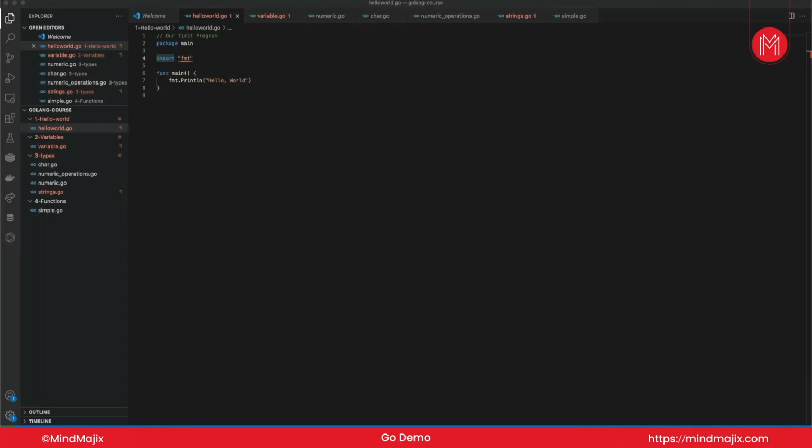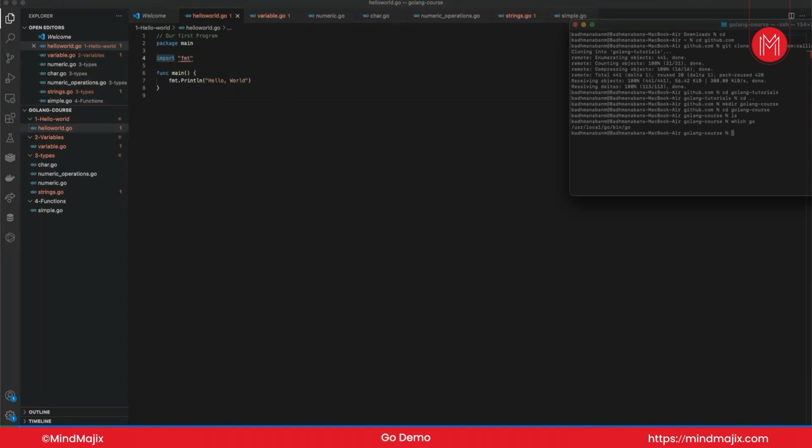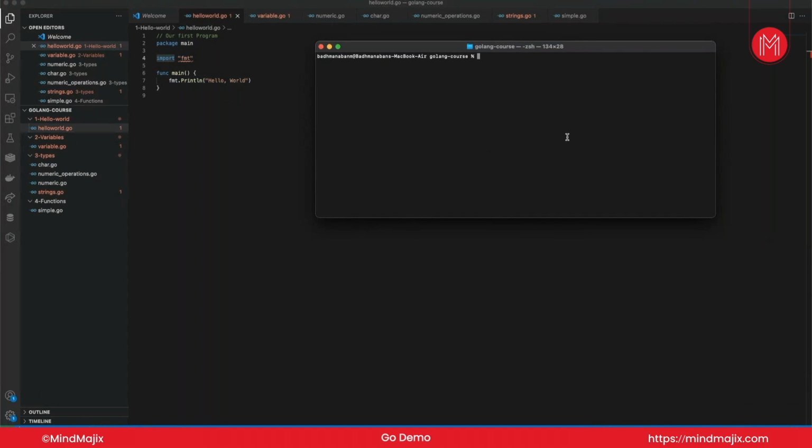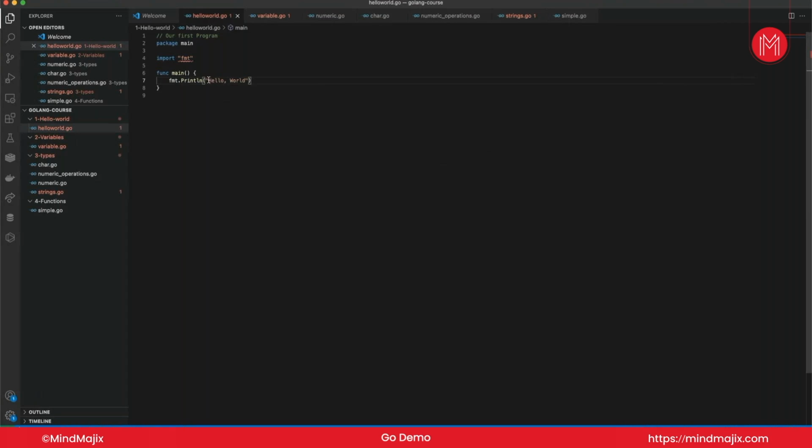Okay, simple thing. Whenever you run this program, you have to have a setup on your machine. Once all your Golang setup is done, when you give go run hello world.go, it basically prints the hello world message. Whatever message you give here,